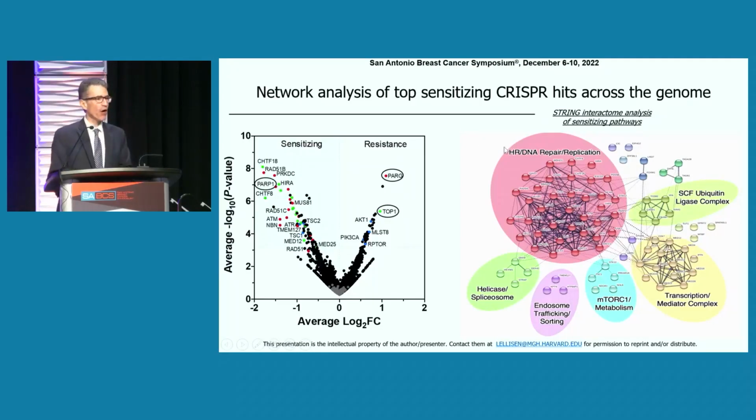What immediately struck our attention first, though, was this one. In the entire genome, the number one resistance-inducing hit was PARG. This is a glycohydrolase whose specific effect is to oppose the effect of PARP1 within the cell. So PARP obviously is ribosylation, creates these chains, and PARG hydrolyzes them. And so PARG, the top resistance hit in the entire genome, and PARP1 among the top sensitizing hits in the entire genome, suggesting very strongly that the PARP pathway is critical to sensitivity to SG.